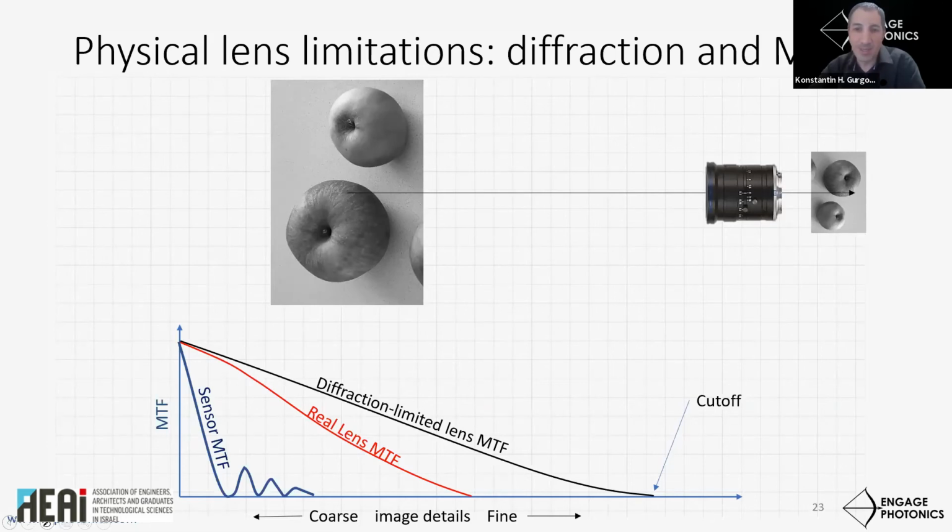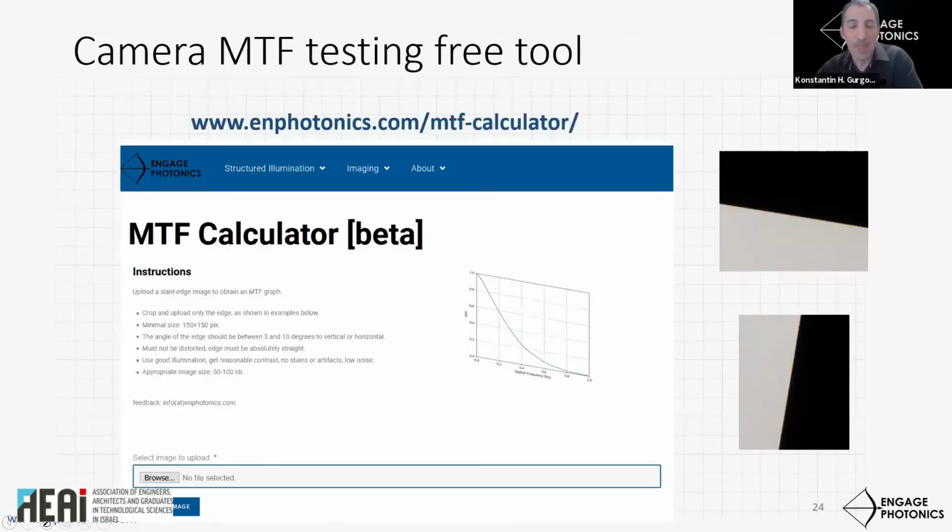So the image sensor has its own MTF, and the overall system MTF can be approximated as the product of the two. Besides sampling, another factor that influences image sensor MTF is diffraction. The smaller the pixel and the longer the wavelength, the lower is the MTF of the image sensor. There is no point in designing an NIR imager with 1 micron pixels. There will be no image.